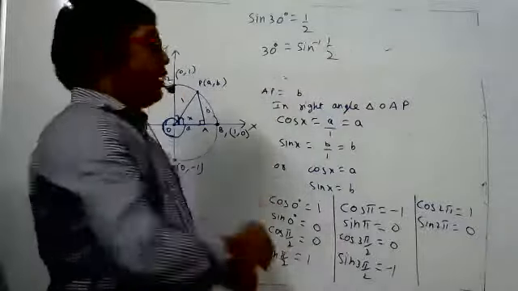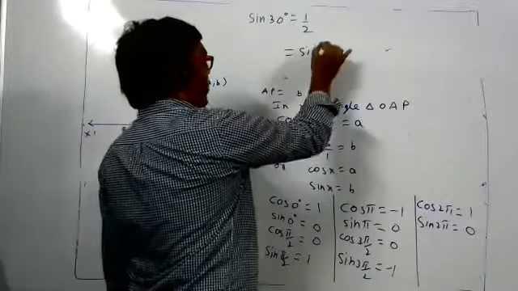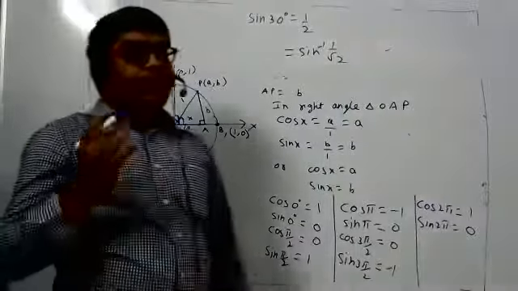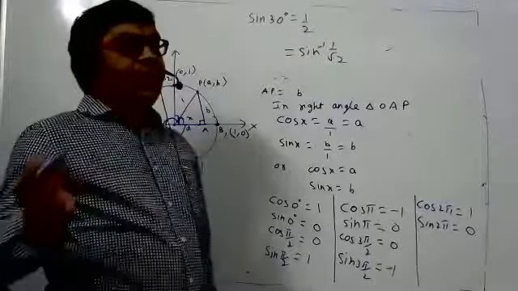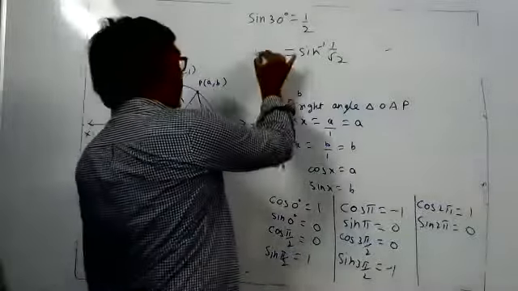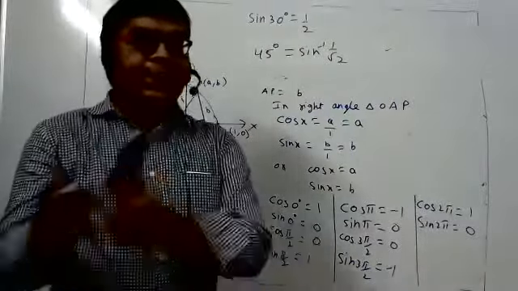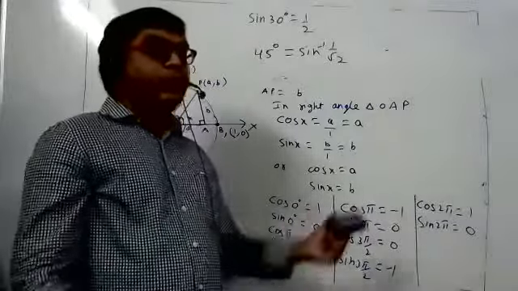Opposite. Somebody asks, what is the value of sine inverse 1 by root 2? Here the answer will be an angle. Sine inverse 1 by root 2, I don't know, so I will see how I work. What is the angle whose sine is 1 by root 2? Tell me. 45 degree. So the answer is 45 degree. So it is inverse, opposite.